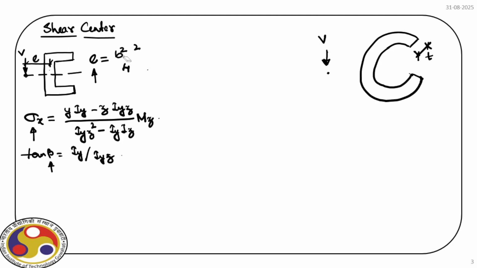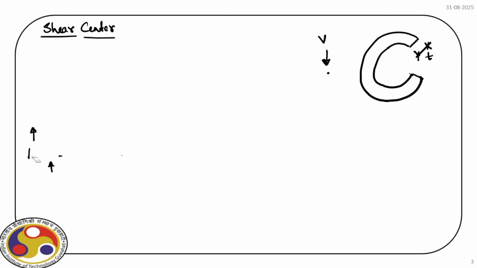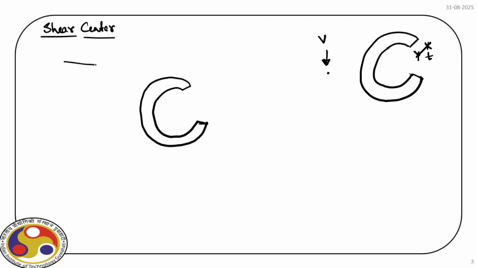Now for that, again, let us draw the section of the beam. And if you recall, what we did is we considered two sections at a distance dx, and for them we identified unbalanced force, and that unbalanced force actually gives the shear stress distribution, right? So let us follow the same path, but before that let us draw the 3D view of this section. So this is a part of a beam,